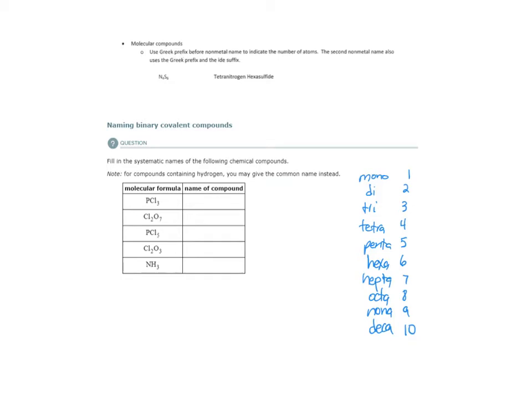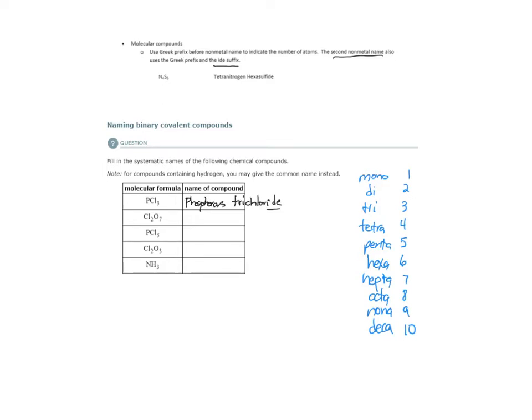So if our molecular formula is PCl3, if I want to name this following these guidelines, then I would write the name of the first nonmetal, phosphorus. I don't use the prefix mono. And then I would write, the second nonmetal uses the Greek prefix and the IDE suffix. So trichloride,